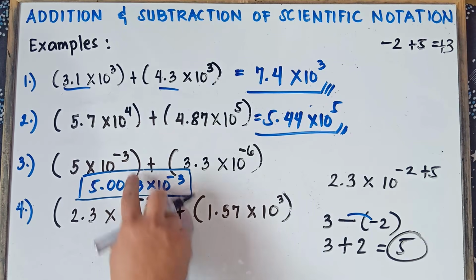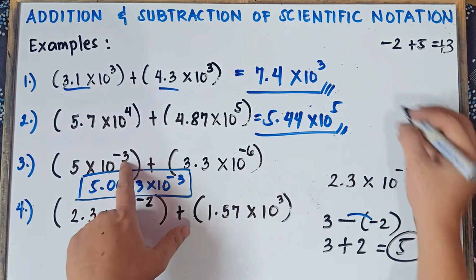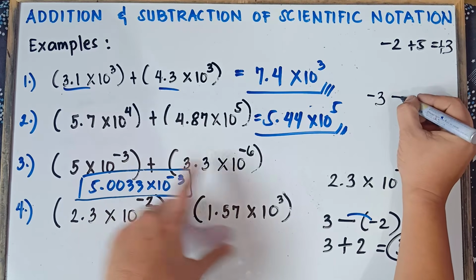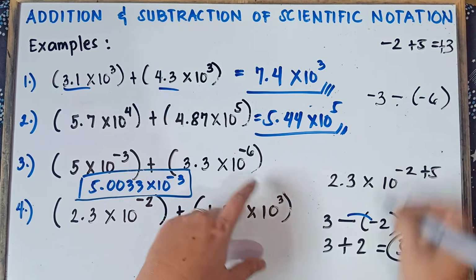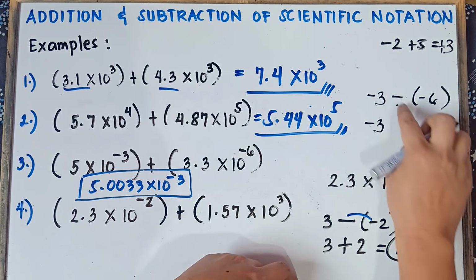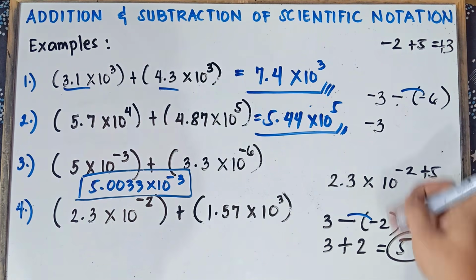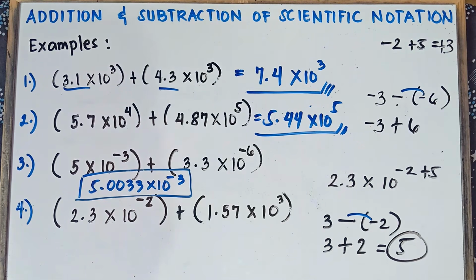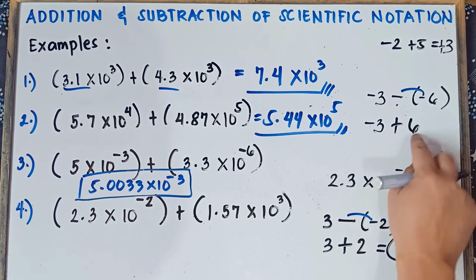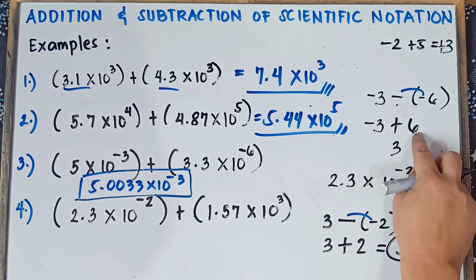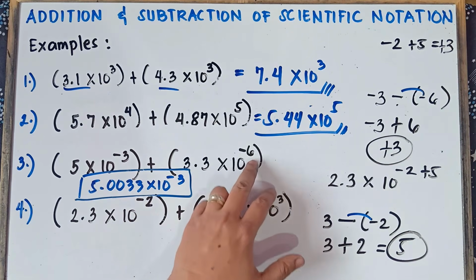Same with number 3, class. Once again, same with number 3. Sir, how did you get positive 3 a while ago? The bigger number, negative 3, minus the smaller number. So, negative 3 minus negative 6. So, copy negative 3. Negative times negative, multiply this one. Negative times negative, that would be positive. And then simply copy 6. If the signs are not the same, negative 3 plus 6, you subtract 6 minus 3, that's 3. Now, 6 is greater than 3, we copy the sign, which is positive 3. That's why, class, for number 3, we add positive 3.